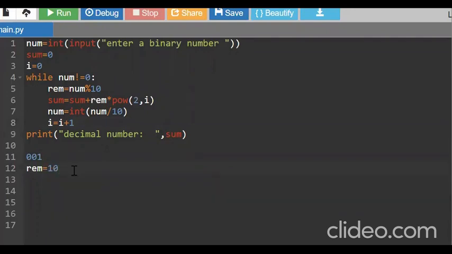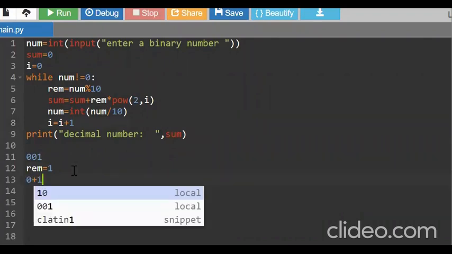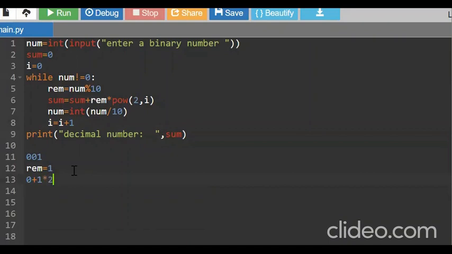Then sum is equal to sum plus remainder into 2 power i. My i value has been incremented to 1, and 2 power 1 is 2. So my sum value would become 2. Currently my sum value is equal to 2.